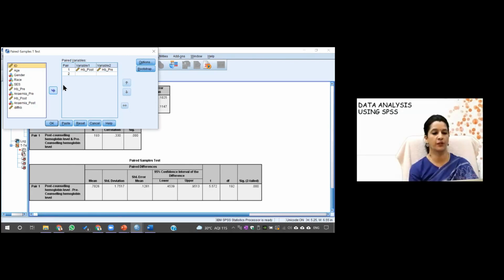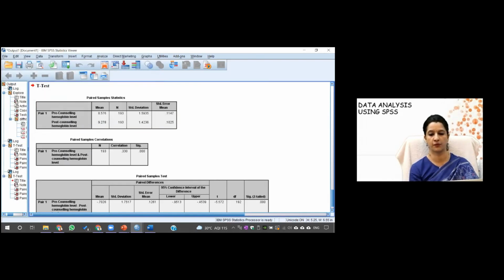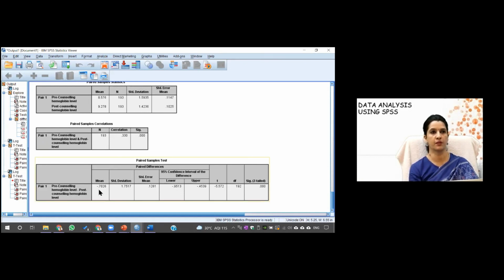See, I'll do it for you. I've reset this. Now I'll do this pre first and then post. Right, this you are saying. It's up to the researcher, right, ma'am? Like what to keep in variable 1. You can change this also. So you can change this post and pre. Again, you can change this pre and post, right? So if you do this, only the sign will change. Like I'll perform this once again for you. So if you see this, it is minus 7.02.